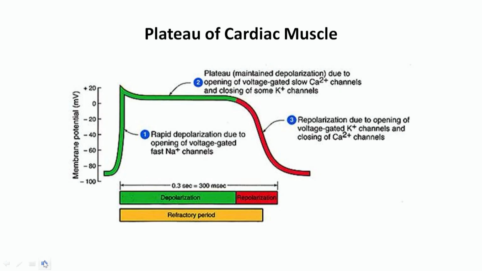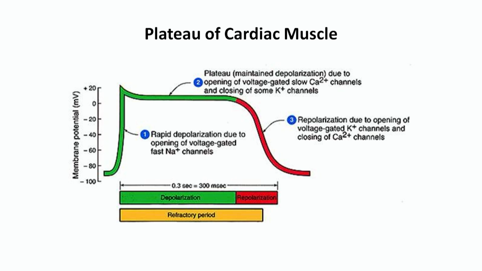This is the plateau of the cardiac muscle. Here you can see the rapid depolarization due to the opening of the voltage gated fast sodium channel, and then there is the plateau phase, which maintains the depolarization due to the opening of the voltage gated slow calcium channel and the closing of some of the potassium channels. The last phase is the repolarization, due to the opening of the voltage gated potassium channel and the closing of the